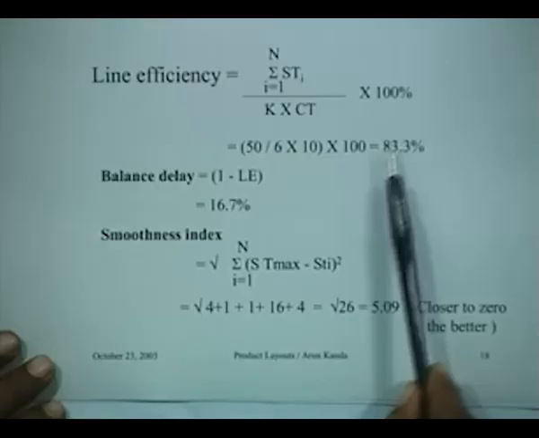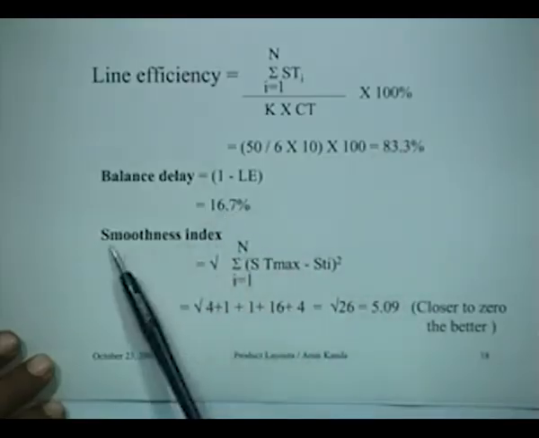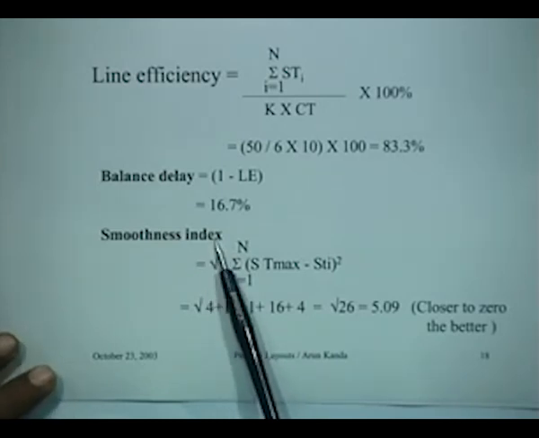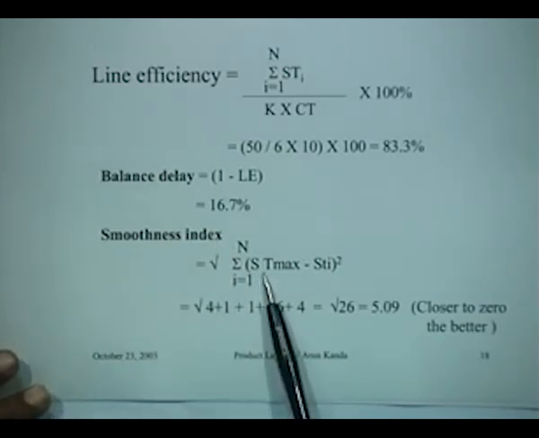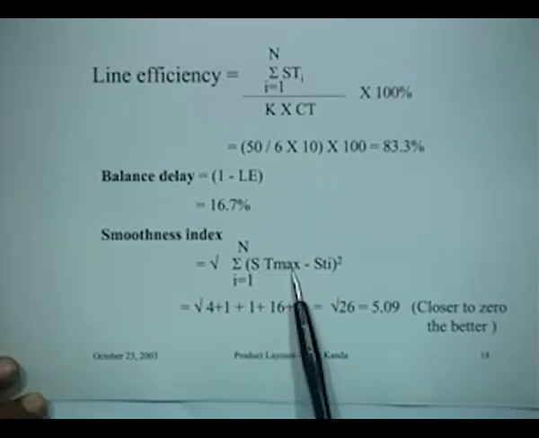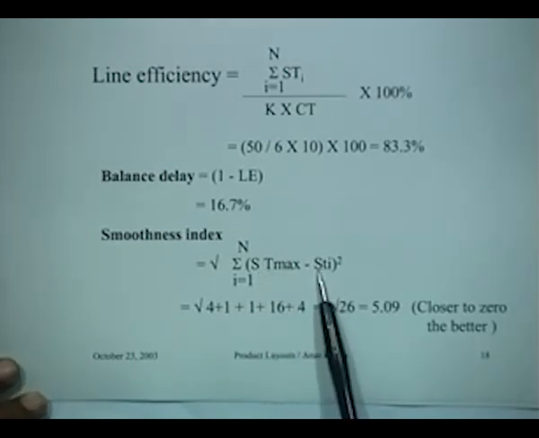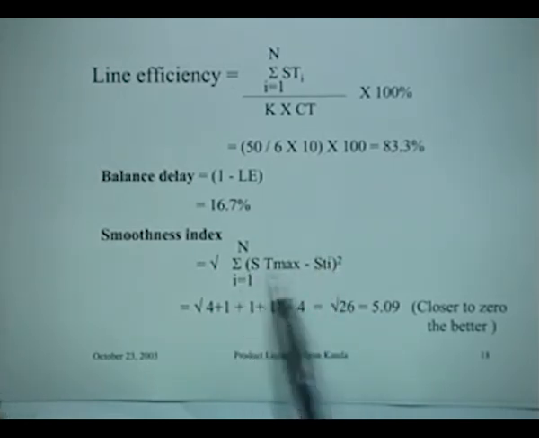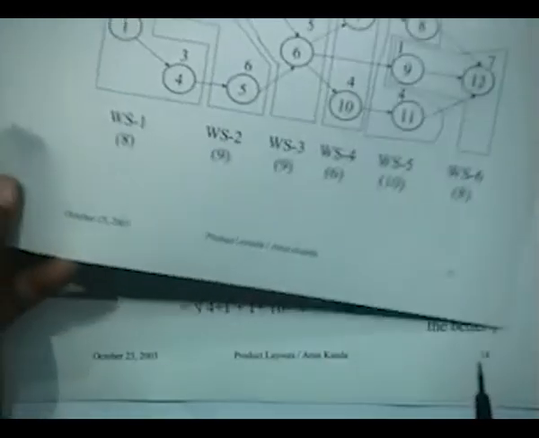So the balance delay is 16.7%, and the smoothness index for this, smoothness index is a term for an assembly line, which is nothing but the square root of the sum of (ST max, the maximum station time, that is the cycle time, minus STi, the station time of the ith operation) whole squared. So it will be for each operation. So what we have is, look at this example,